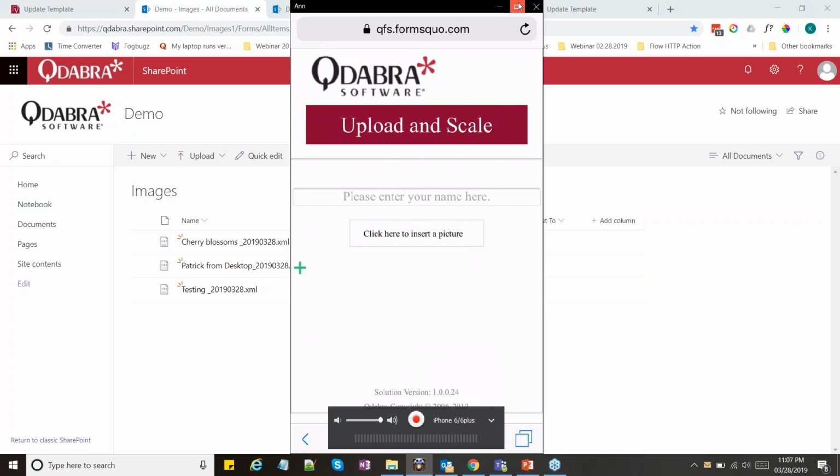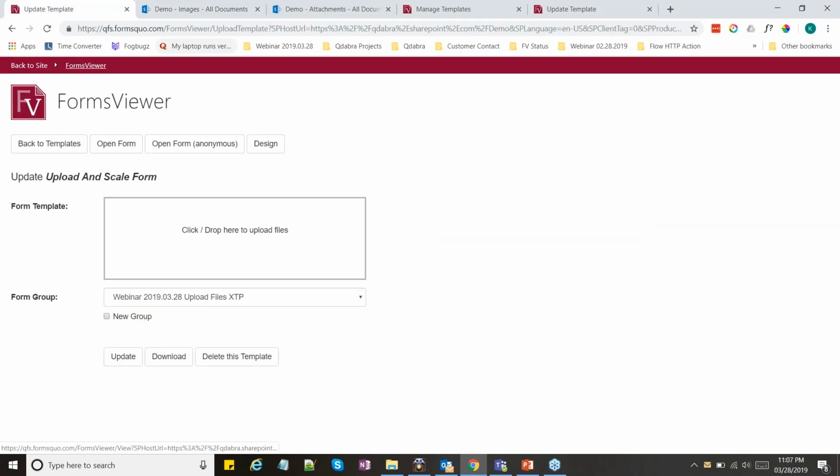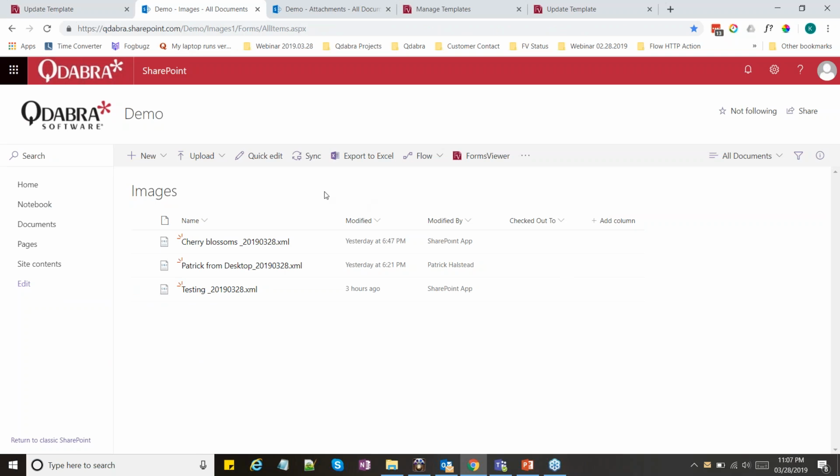We could switch to the desktop version. Yeah, we can do the demo in the library, the actual library. So sorry about that. Let's try to open the form in our images form library